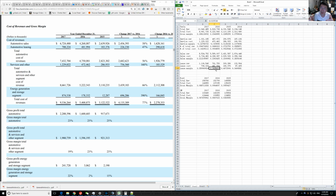Now that has consequences, because if your residual value is higher than what the market says 3 years after the lease is signed, then the manufacturer has to eat the loss. So then I started digging, like, where exactly does that money go? Now, where does that difference go? So what I found was that in services and other,